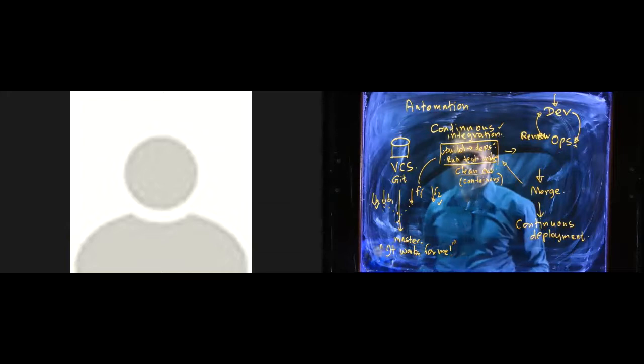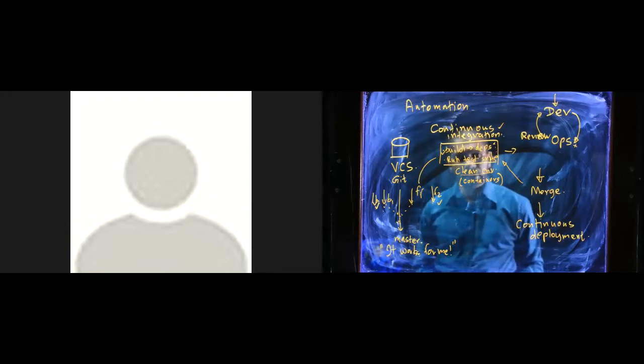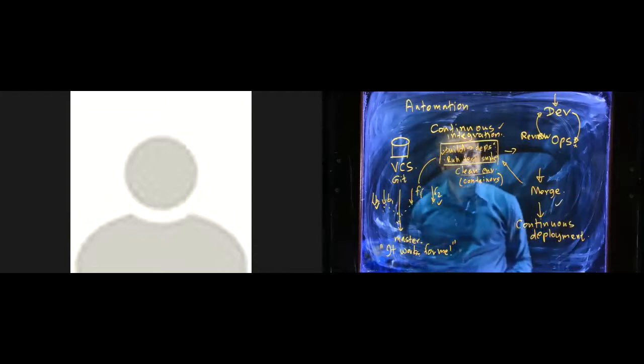Especially the system tests and the integration tests are expensive to run. So it may not do it for all branches, but only for the main branch. So once you merge, more extensive tests may be run by the continuous integration system. Anyway, at some point, you get a tick mark saying this is ready for production now.